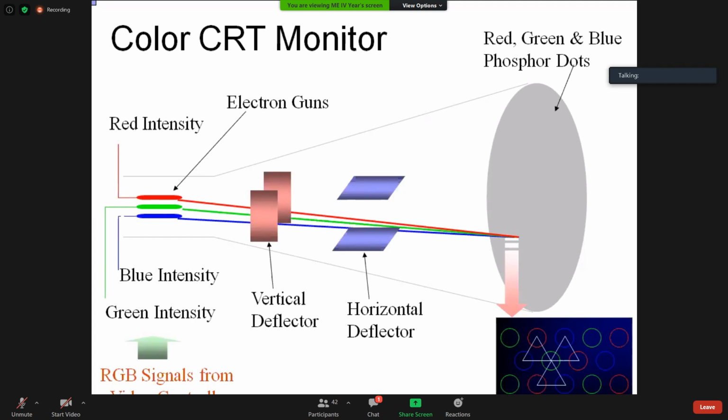See here, red, green, blue. All are sourced at different locations, at some gap, while transmitting, and they converge on a single pixel. Similar technology is happening across the entire screen. Every pixel is receiving RGB signals only. That's why there is some difference in clarity of display depending on the company. Suppose you take Sony, Samsung, LG, there is a difference. So the quality of the RGB pixels or signal increases the quality of the picture.